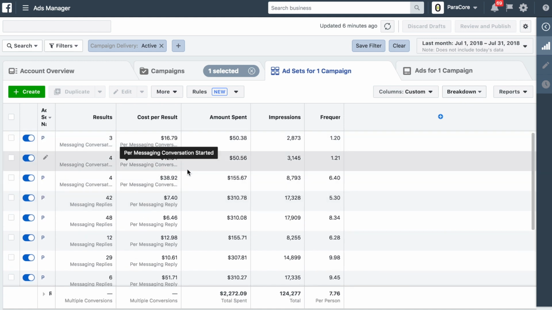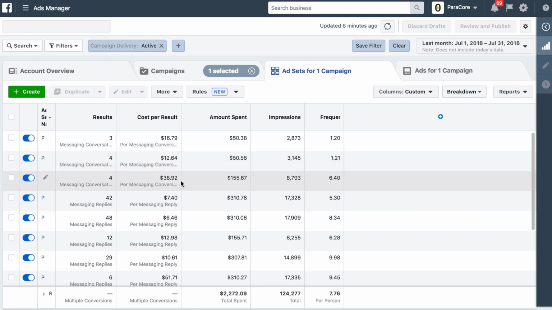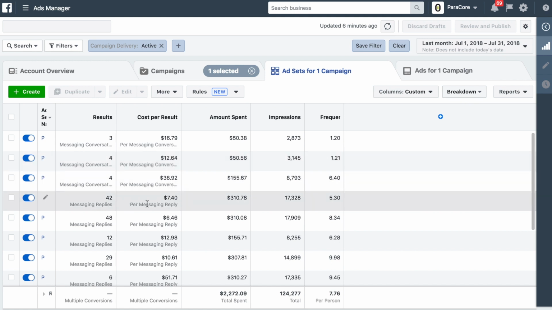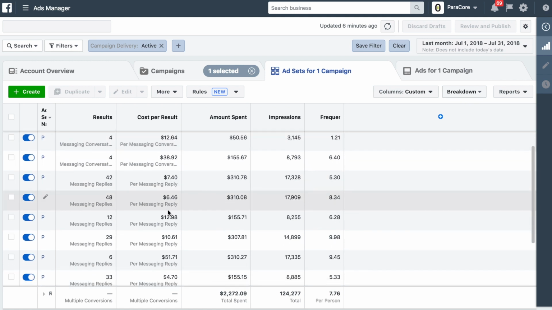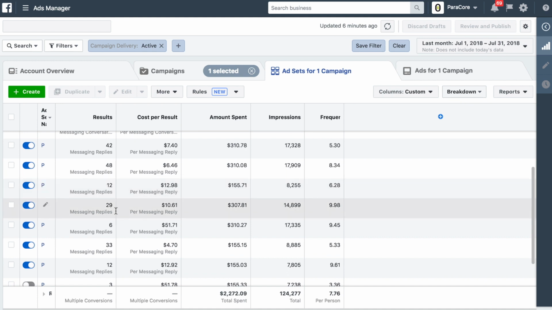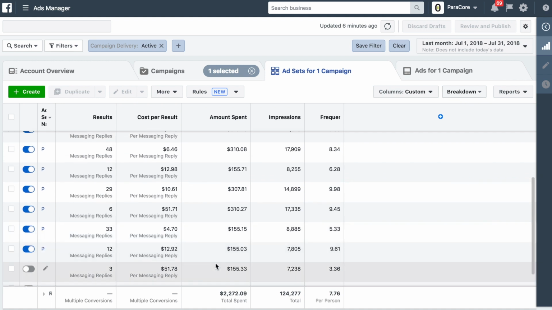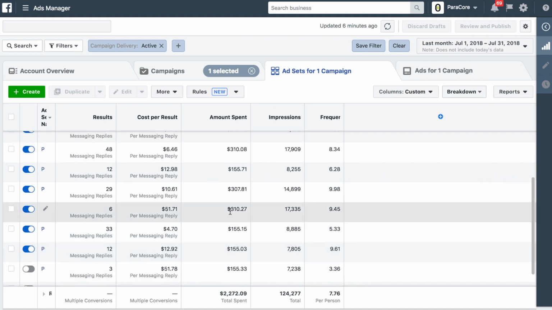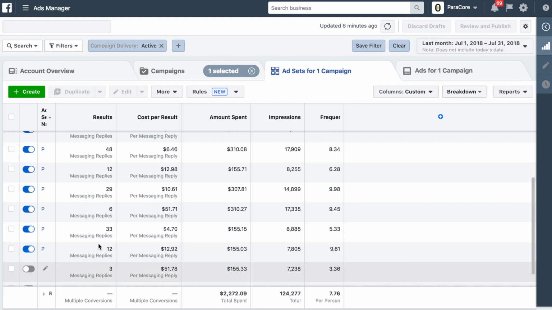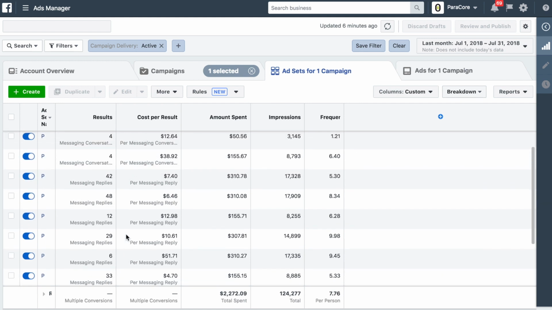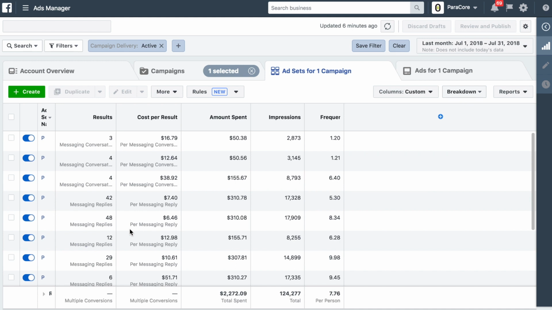So here you can see the cost per result is $17, $12.38, $7 with 42 leads, $6 with 48 leads, $12, $10 with 29, $5.10 with 6, and $4.70 with 33. And so over $2,272, it doesn't aggregate them all for you. Unfortunately, I'm not able to see that right now. But the average is probably somewhere around 20 or 25, which is what we saw before, right? So that's a really great